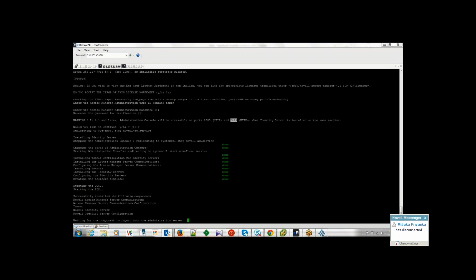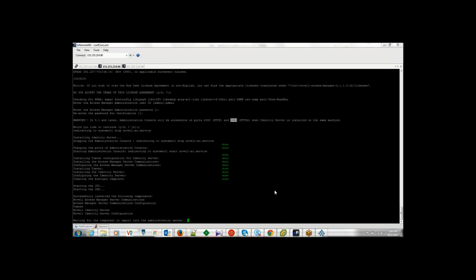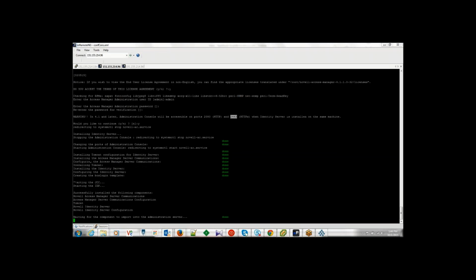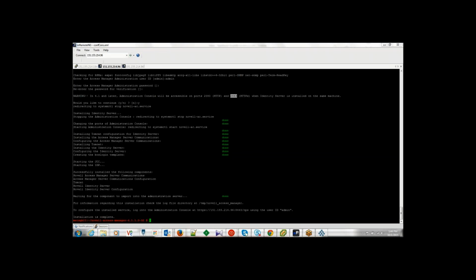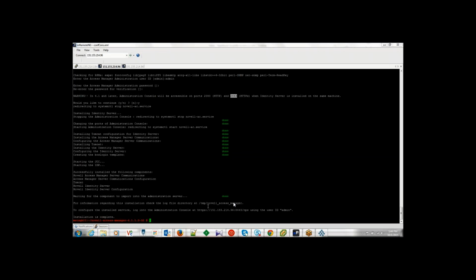The same happens with the access gateway also. Once you install access gateway, it will import itself with the administration console so that it can be used to configure these components. Okay, so now you can see this installation is done. The same thing, the log is in the temp novell access manager. So if you go to temp novell access manager,